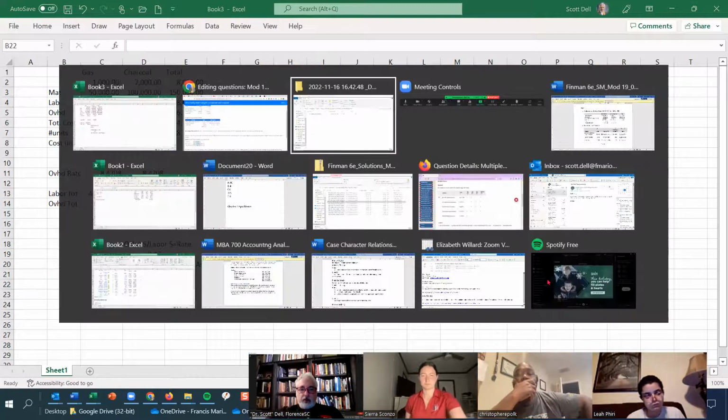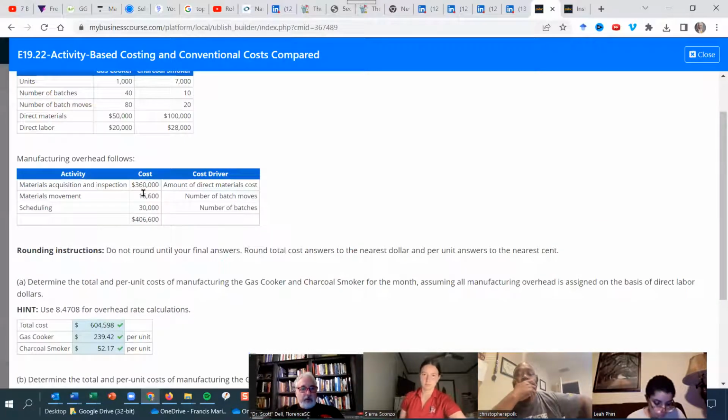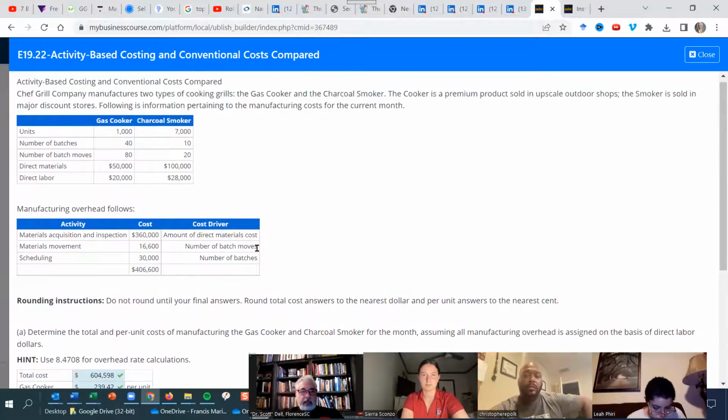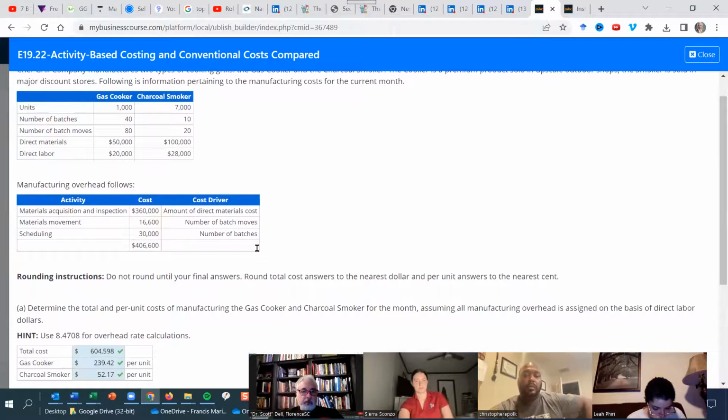Now, if we go back to those criteria, I'm sorry, 3 criteria. We have material acquisition, we have material movement, and we have schedule, number of batches. So we need to go back and determine based on number of batches, based on number of moves, and then we got 360,000, 16,000, and then we have the scheduling that goes into that. So, first question I have though, does that help you calculate the